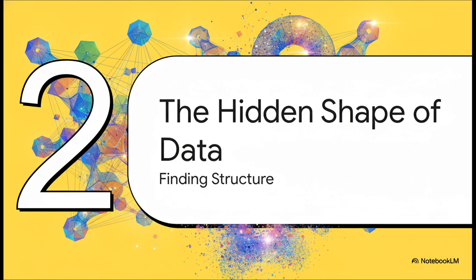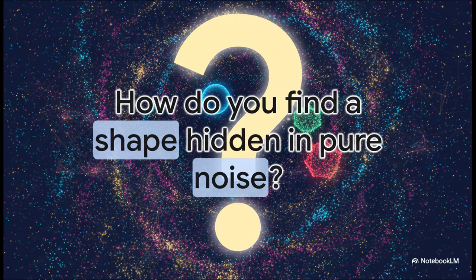So, if category theory is awesome for mapping out relationships we already kind of know exist, our next tool is all about discovering ones that are completely hidden. We're talking about finding the hidden shape of data, using a field called topology. I want you to picture a massive, messy cloud of data points, just a swarm of dots. At first glance, it just looks like random noise. But what if, hidden inside that cloud, there's a structure, a circle maybe, or a sphere, or a few distinct clusters? How in the world would you even begin to find that?